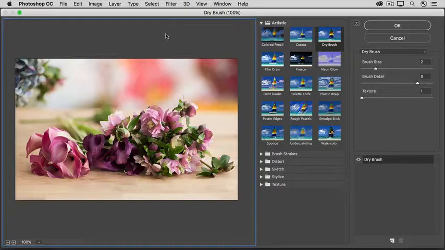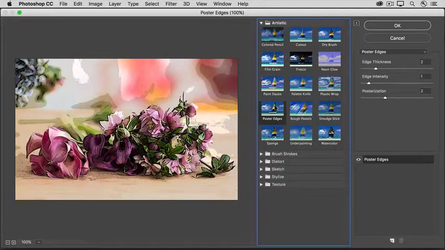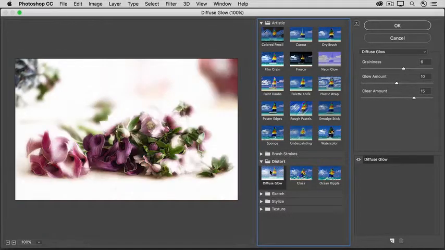That opens this big filter gallery window, with the last filter that you used applied to the open image. So your image may look slightly different than mine. Over on the left, there's a big preview, and in the middle, there are thumbnails of filters. To preview a filter on your image, just click its thumbnail. And you'll find lots more filter thumbnails in these folders. I'll click the arrow to the left of this folder to open it, and I'll click on one of these